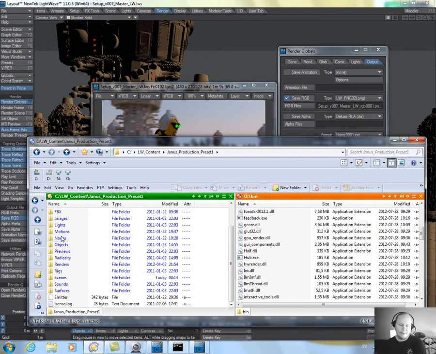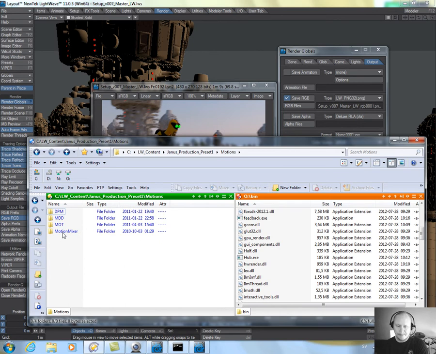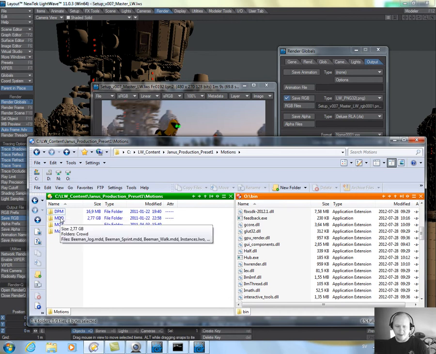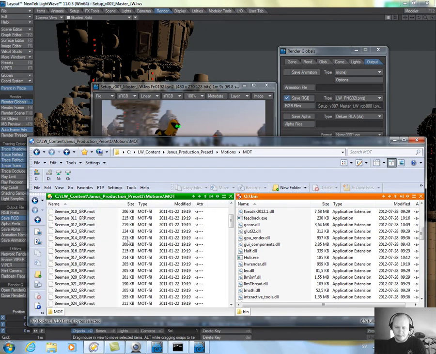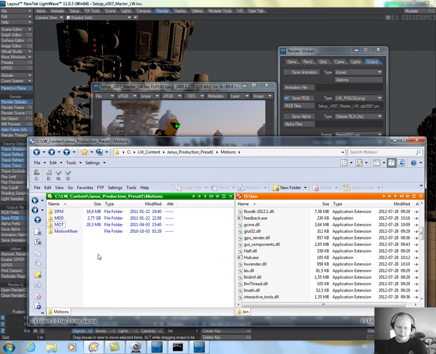So I have actually been creative and put everything that is related to motions in motion. So I have DPM scans, I have MDDs, of course, a lot of them. I have motion files, the usual